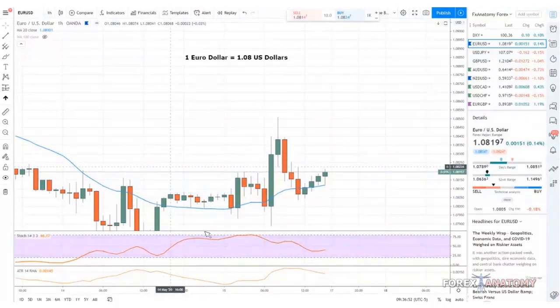So this is just some basic stuff for you guys to know. When you are trading the market, you're trading the exchange rate. You're trading one currency against the other. You're determining which currency has the strongest value at a particular time or is strengthening at a particular time. You're doing that when you're trading the foreign exchange market.